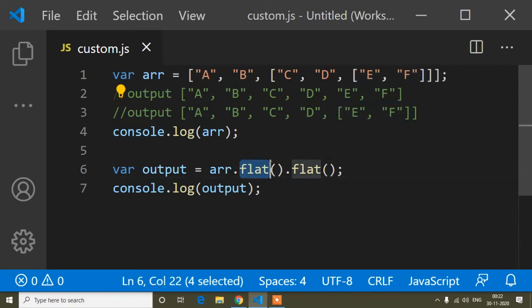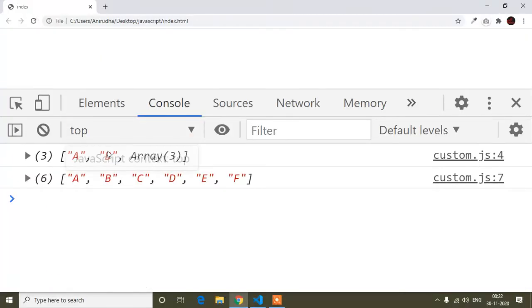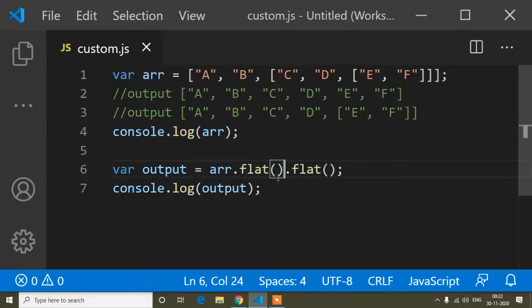That's why I have to write two flat methods. Now if I see the output, refresh, and here you can see the original value of this array, and now here is the array that has the elements of the sub arrays. I think it will be clear to you.